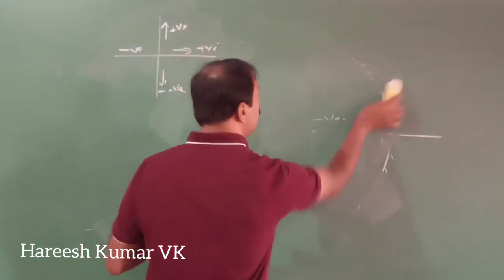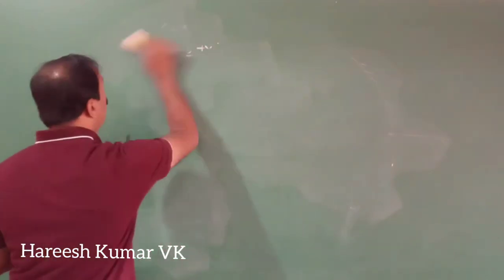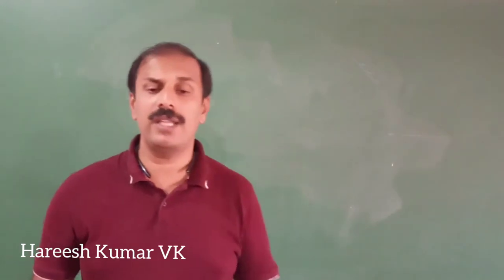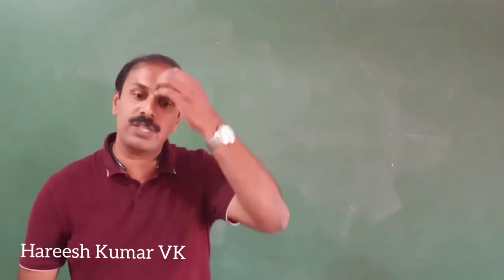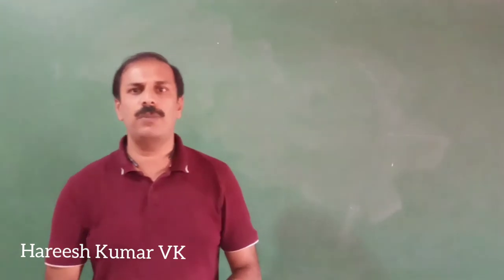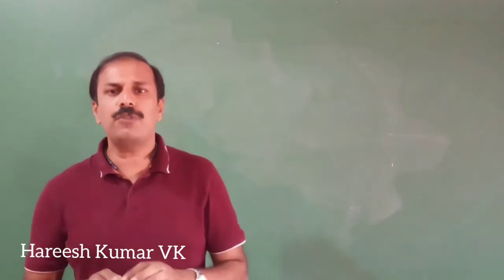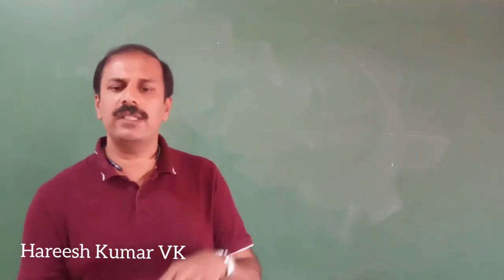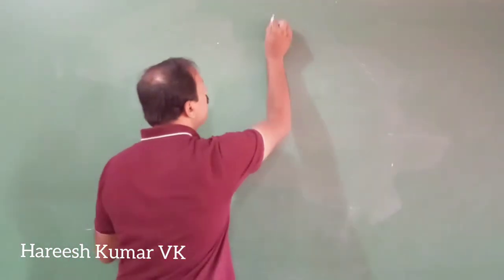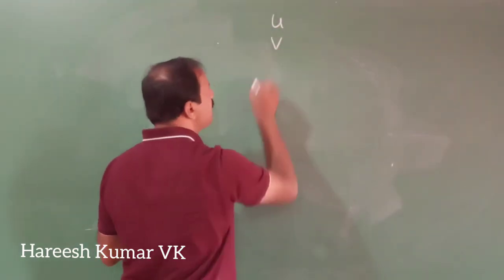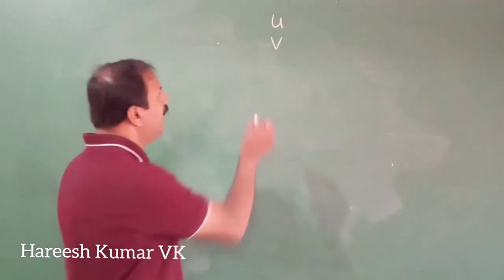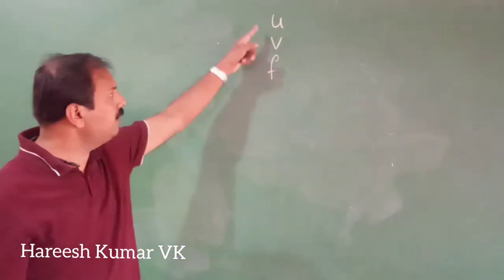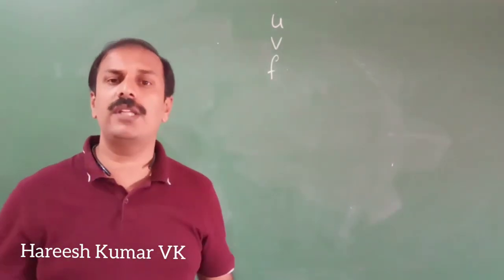For that we have something called a formula, that's called the mirror formula. So we have to use the mirror formula. In the last class, somebody asked in the message what the mirror formula is. I told them that when we discuss the mirror formula, we will discuss that. So the mirror formula is a formula which connects the object distance, image distance and the focal length. U is our object distance, V is our image distance and F is our focal length. Connecting these three, U, V and F, we have one equation, one formula, that is called the